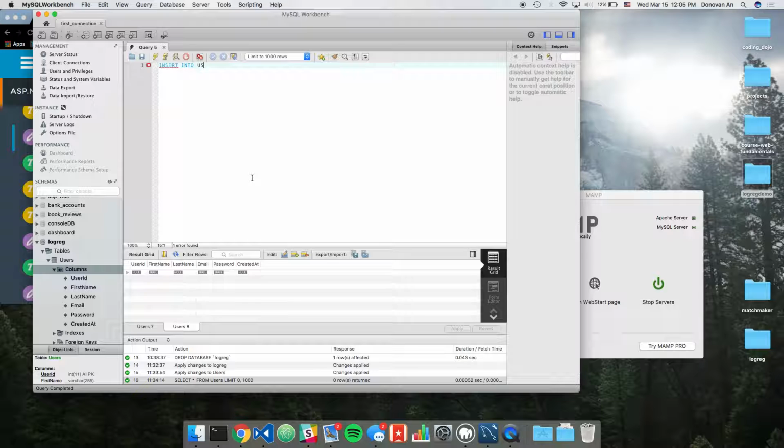Insert into users, the values of this. So what are my fields? First name, last name, email, password, created. Awesome, thank you. And then values will be, let's say,